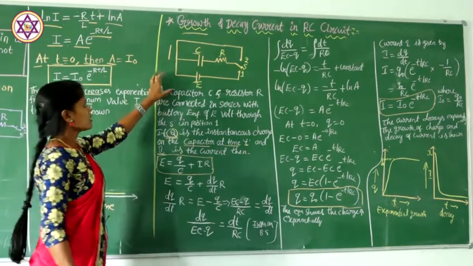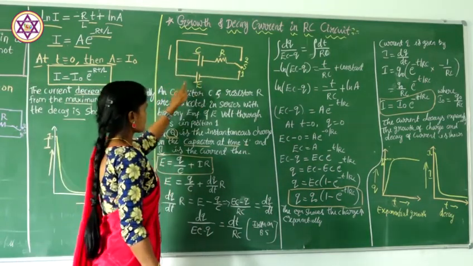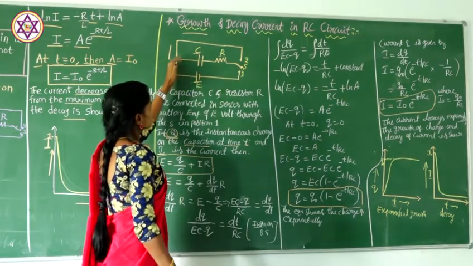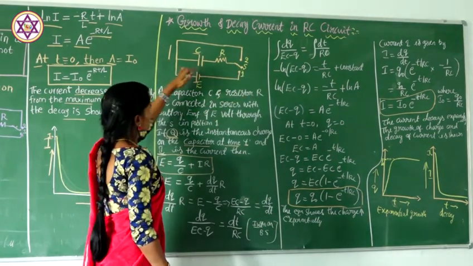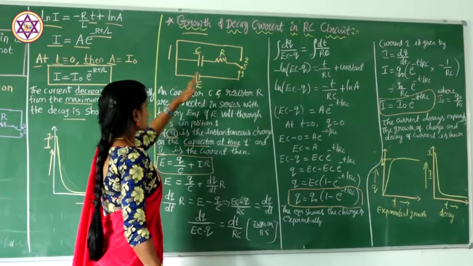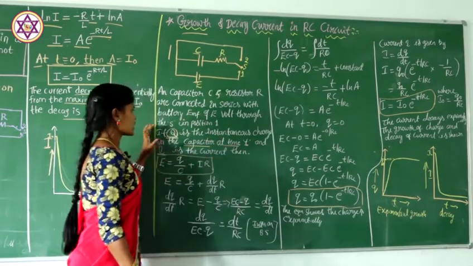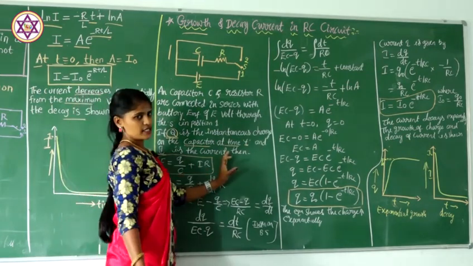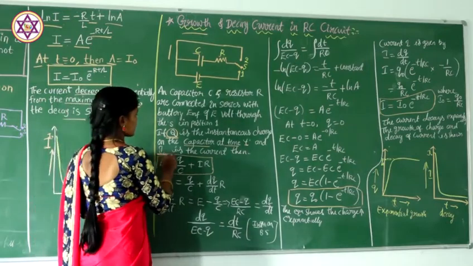Once again, here a capacitor and resistor are connected in series with the battery of EMF E through the switch S. The switch S is in position 1. So, if q is the instantaneous charge on the capacitor at time t, and I is the current,